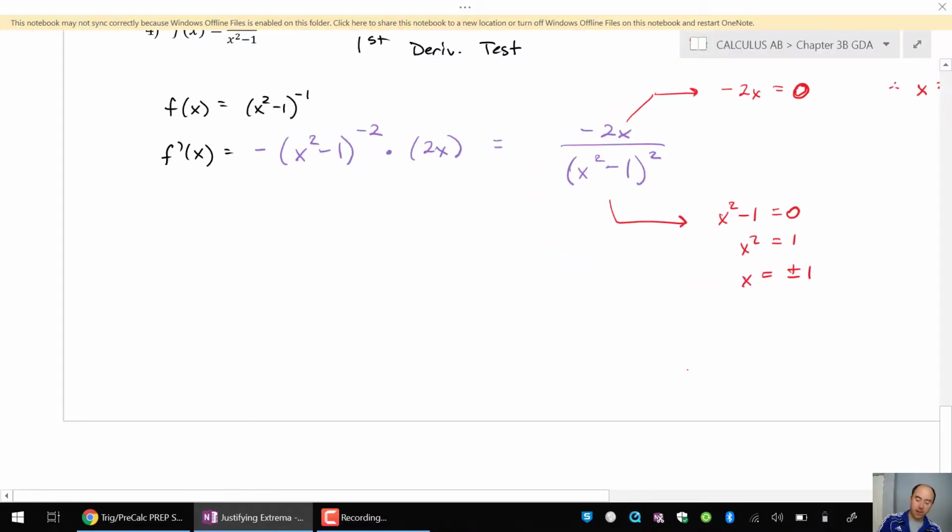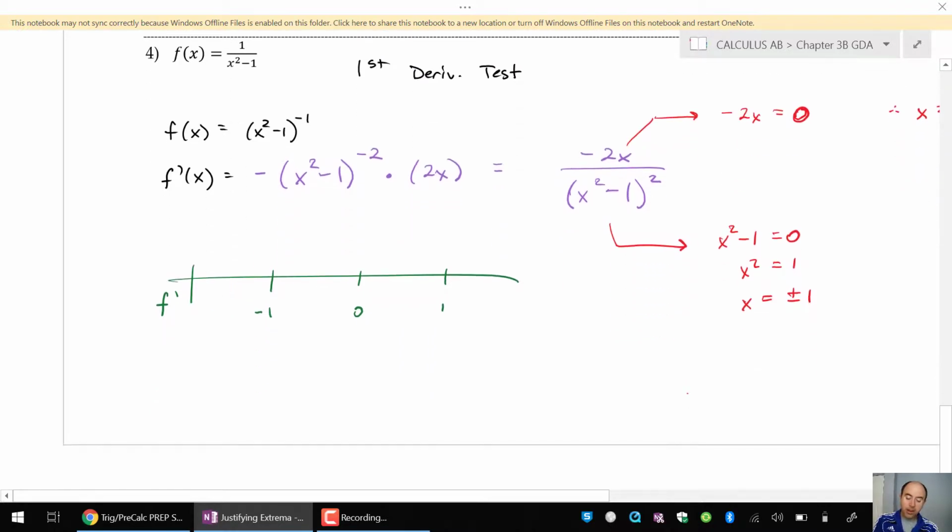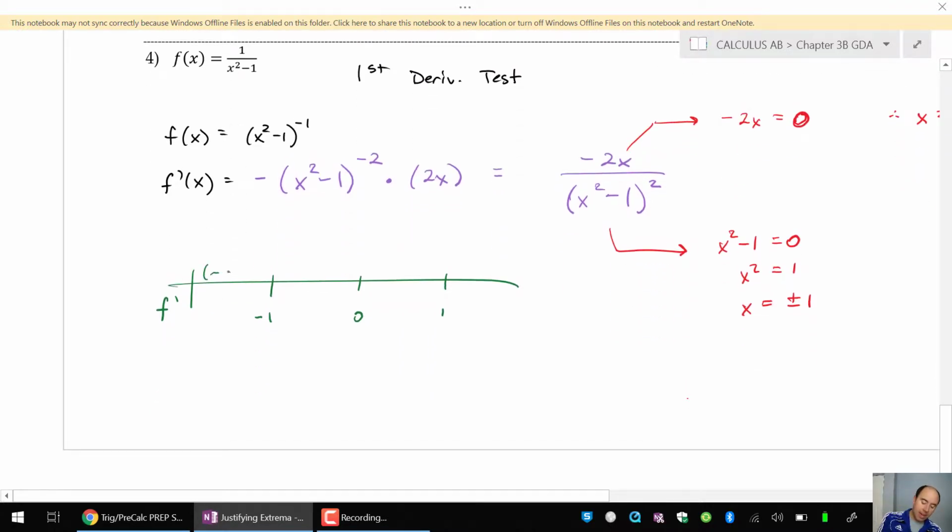I'm going to build a sign chart with all of those critical points. So negative 1 comes first, and then 0, and then 1. Label your sign chart with f prime so you know where to plug in test numbers into. So what if I pick a number like, and by the way, there's no closed interval here, so I can go out to infinity. So negative infinity to negative 1. How about I pick a number like negative 2, negative 1 to 0, 0 to 1, and then 1 to